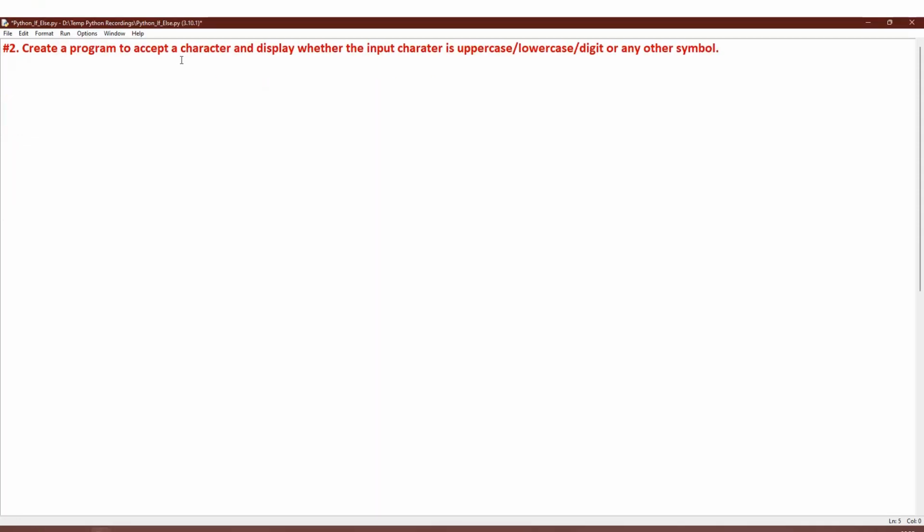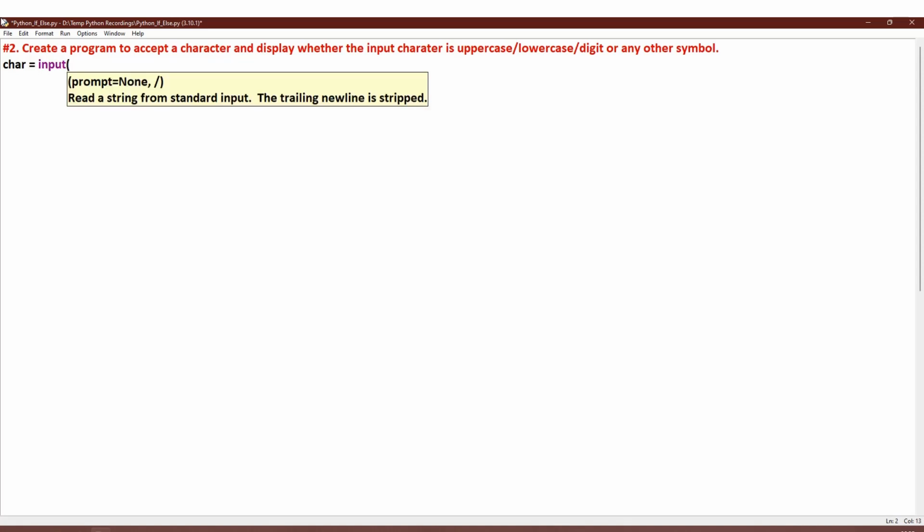Create a program to accept a character and display whether the input character is uppercase, lowercase, digit or any other symbol. We need to take the input for the character. So let us have char is equal to input of, enter the character.